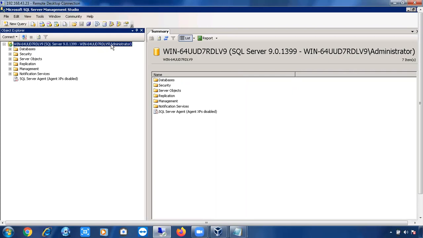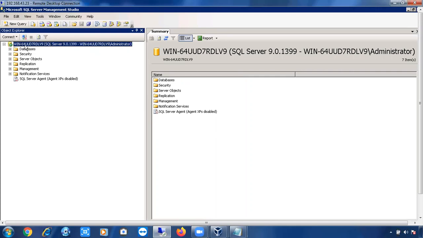Usually, mostly you are going to connect to the SQL Server by using your name, right? So here your name only will be there. So which user is connected now? Administrator is connected. So like this we can find with which user we have connected to the SQL Server. So how many ways can we connect to the instance? This is one way.